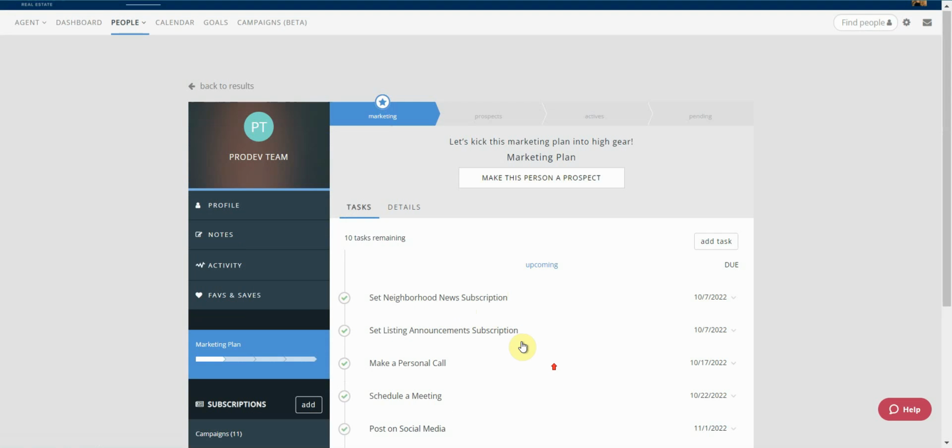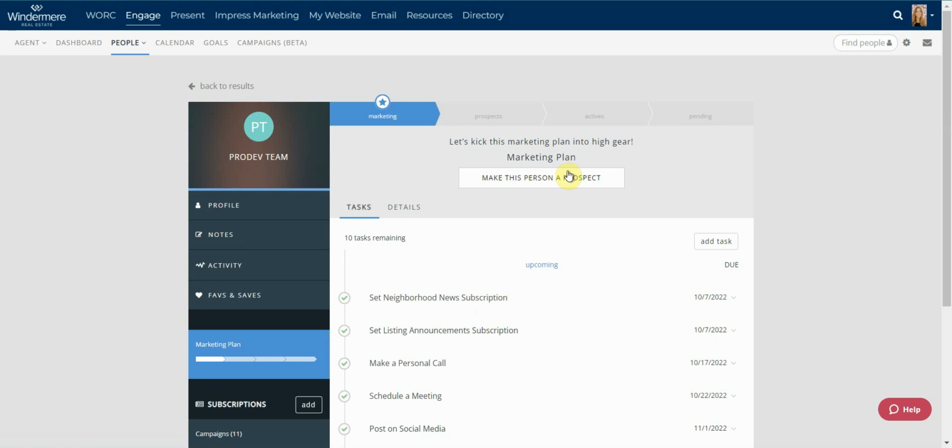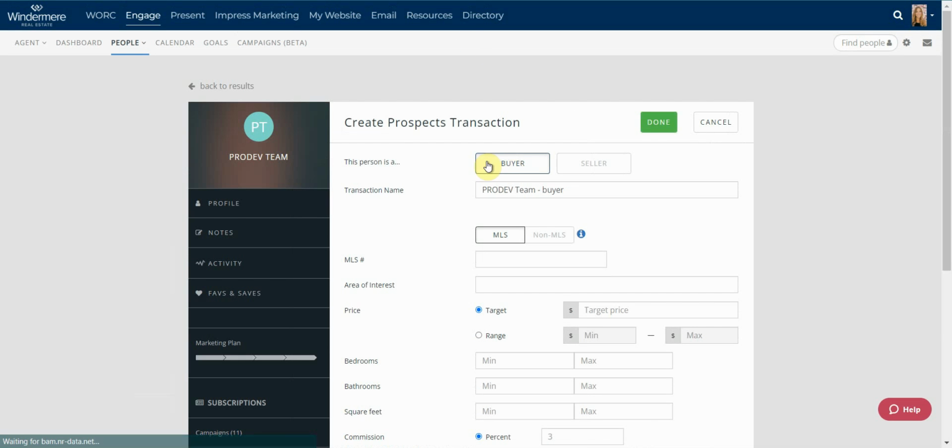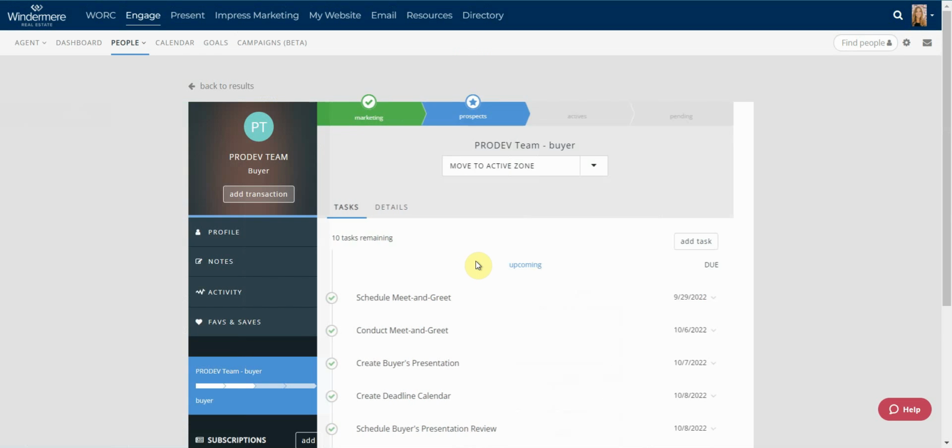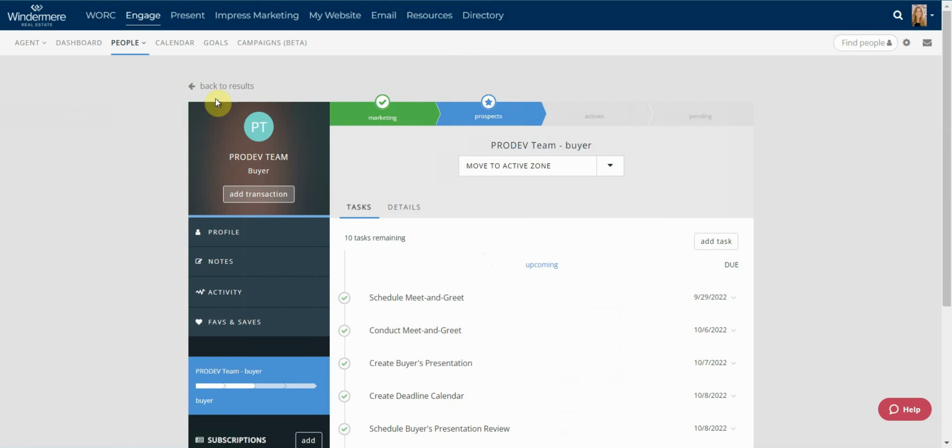Hopefully, once you're done marketing to them, you will make them a prospect, and then it would move them into the buyer or seller section. I'll say they're a buyer, and then my tasks will change. So the Categorize Wizard is just a really fast way to go through and categorize all of your people. It's going to show you the